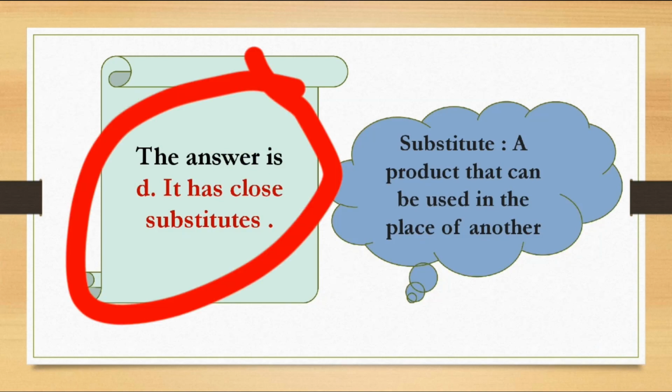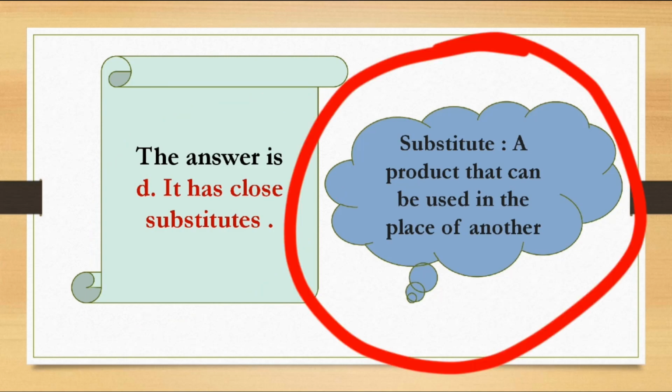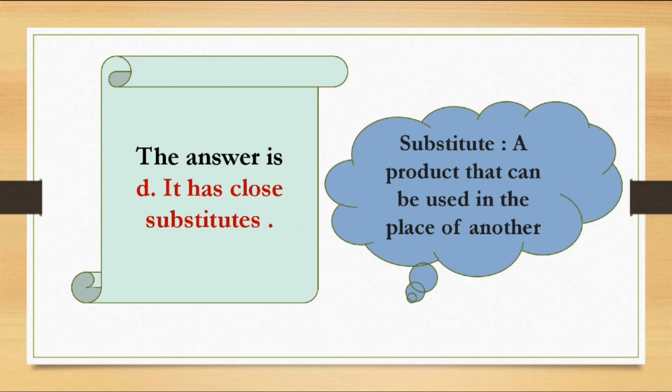I have explained in the video that when the product has a lot of close substitutes, it means the product is more elastic. The word elastic refers to that. If the product has a lot of substitutes, the demand will be more sensitive. So it is known as more elastic, and the product will be